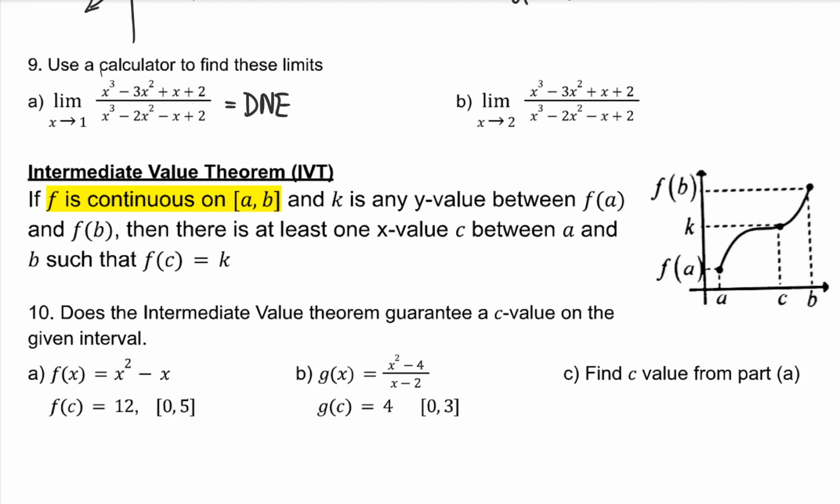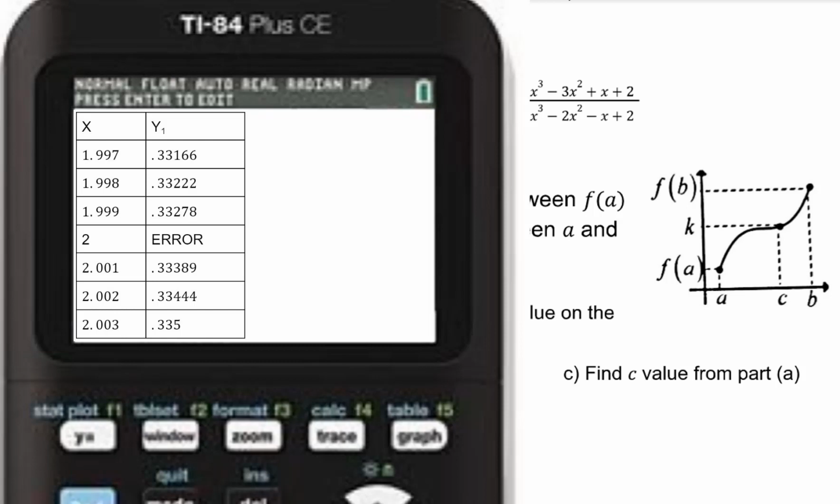To evaluate it when the limit is 2, let's go back to the table setup because you don't want to have to scroll through to get to 2. And start at 2. Now go back to the table. Scroll up a little to see what's happening to the left and right of 2. And when you plug in 1.999, your y value is 0.33278. When you plug in 2.001, your y value is